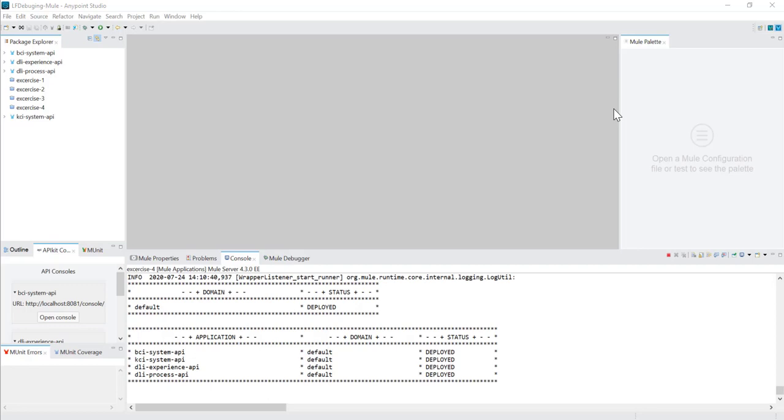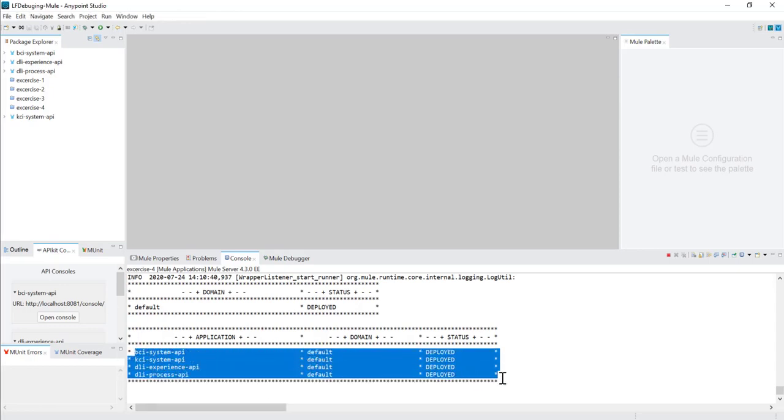All right, so we are in Anypoint Studio. As we discussed, we are about to use two system APIs, one process API and one experience API. I have developed this for demonstration purposes, and as we discussed, before developing the API, we need to first design the RAML file, and then using that RAML file we are going to generate the interface flows, I mean the interface Mule configuration files.